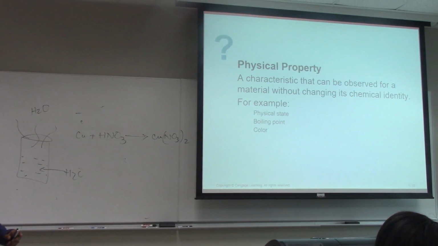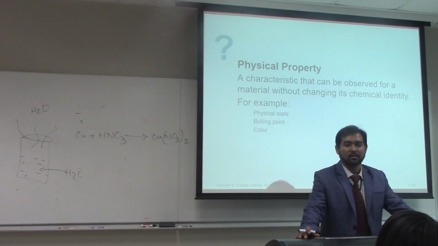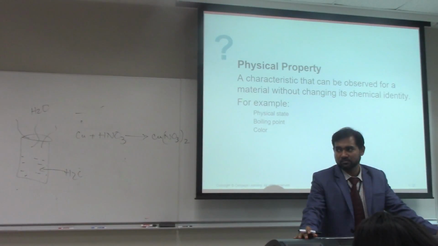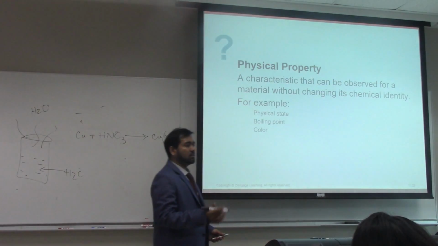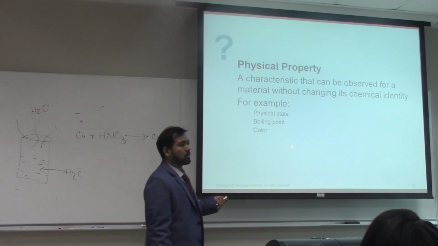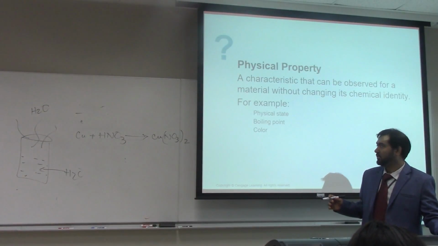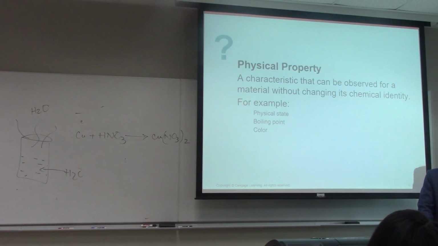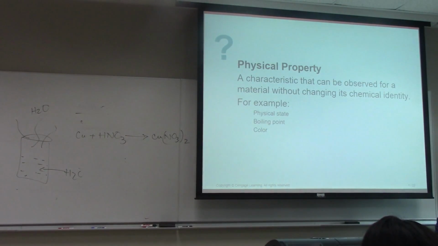What is physical property? Physical property is kind of the characteristics of physical change. It's kind of an adjective. So physical property is the adjective of physical change. So for instance, the physical properties are the properties which are actually physical change. So since you understood what physical property and physical change are, now you understand that this is just an adjective form of physical change. For instance, boiling point. If you boil something,